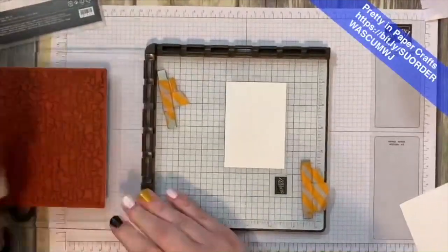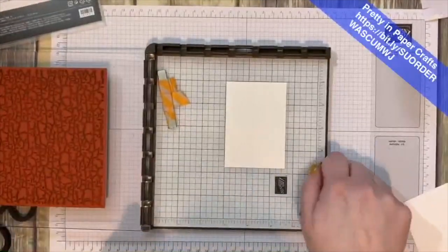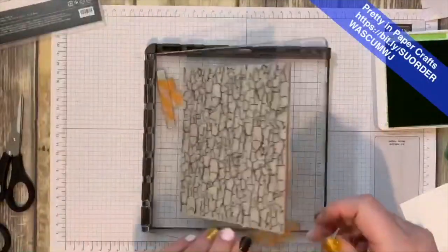Alright, so I'm just inking this up, and I know I don't have to ink the whole thing up, but I am just because I don't know exactly where things go. I'm going to move this magnet out of the way because we're not using it at the moment. And I'm just going to put this over